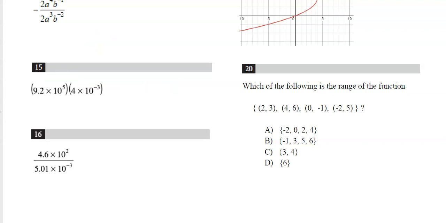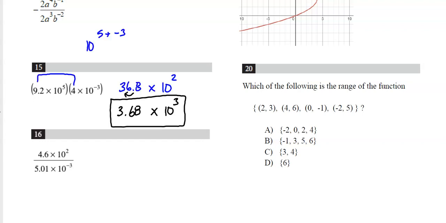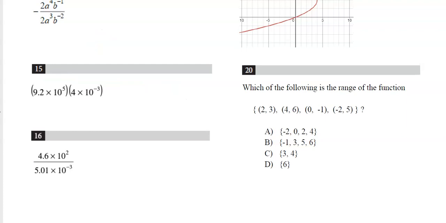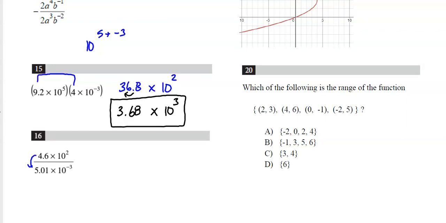Number 16, this is division, so kind of same idea, but I'm going to use division. So first of all, I'm just going to do 4.6 divided by 5.01. All right, so I'm going to divide these out, and I ended up getting 0.918. I rounded that off. You've got to round it off somewhere. I should probably say to the nearest whatever, but 0.918 times, well, when I do my exponents, I'm dividing